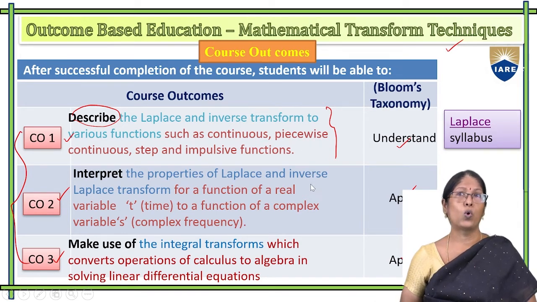So these are the 3 course outcomes and course parameters designed for our module 1, Laplace transform, for the subject mathematical transform techniques. So it is compulsory to have complete syllabus knowledge to achieve the course outcome. Based on this, the questions will be prepared. Next, we will move to